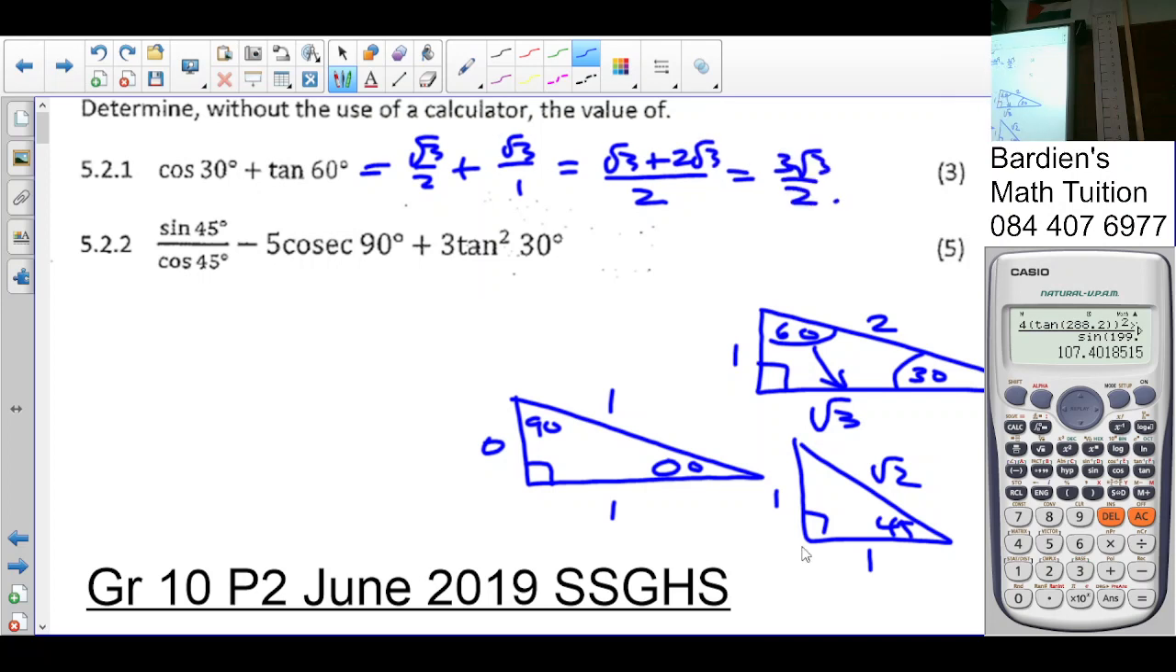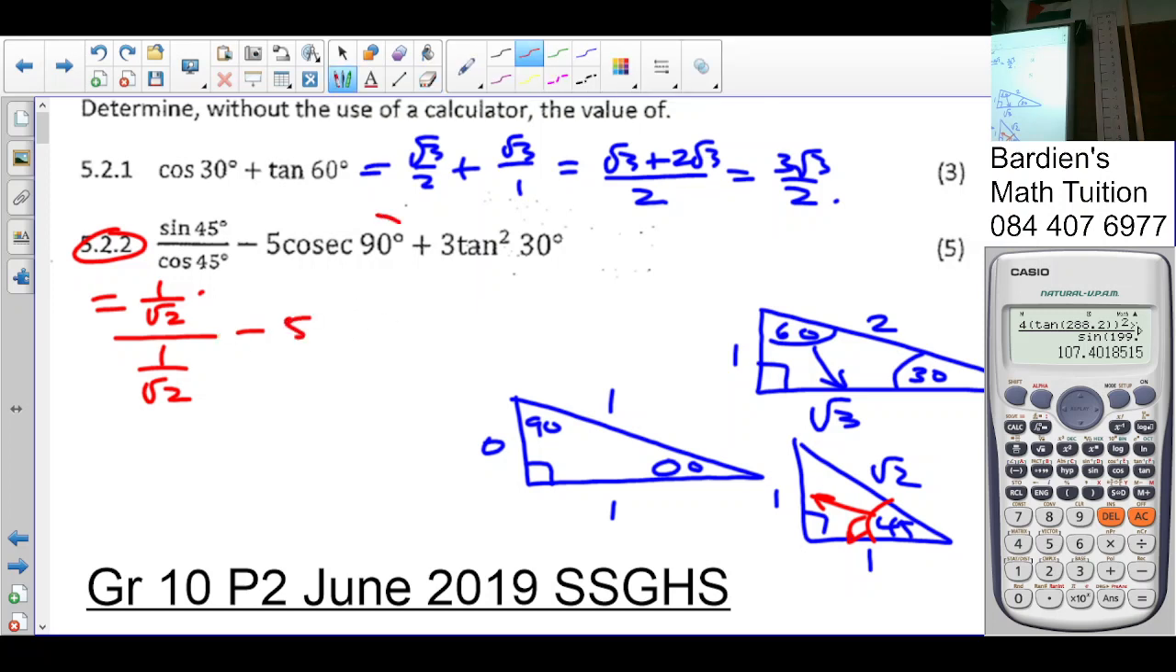Okay. The next question. Sine 45. So sine is opposite over hypotenuse, it's 1 over root 2. Divided by cos of 45. So cos is adjacent over hypotenuse. So 1 over root 2 minus